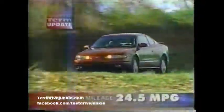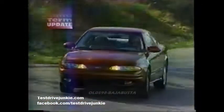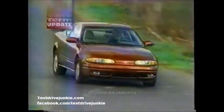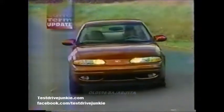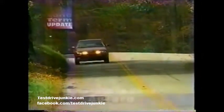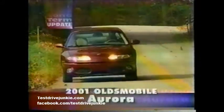But overall, we were very pleased with the Alero's 24.5 mile per gallon economy, smart looks, and finely balanced ride and handling. In fact, we think Oldsmobile is marketing an excellent trio of affordable front-drive entry-level luxury nameplates: Alero, Intrigue, and this all-new 2001 Aurora. Indeed, we'll soon see how this V8 Aurora copes with our hard-driving crew. And we've driven